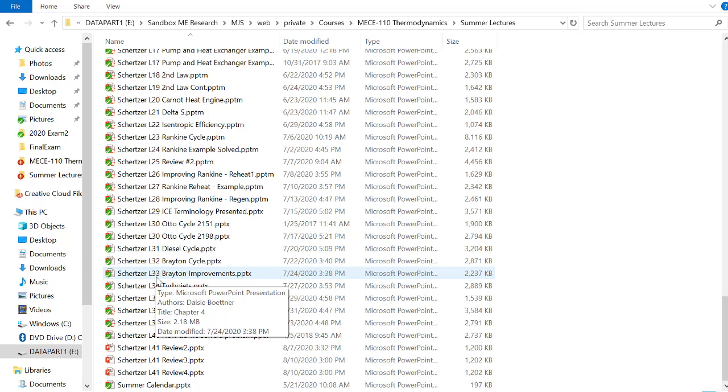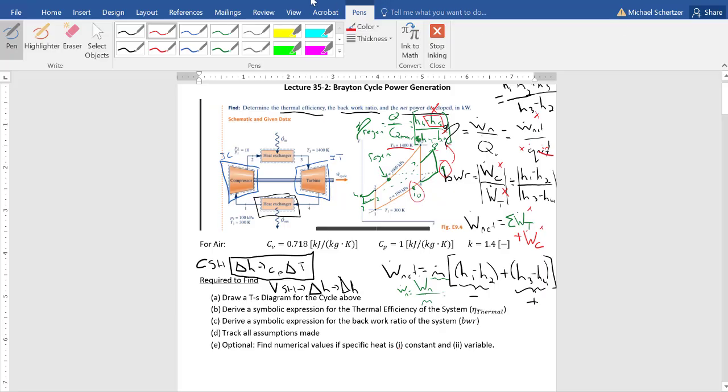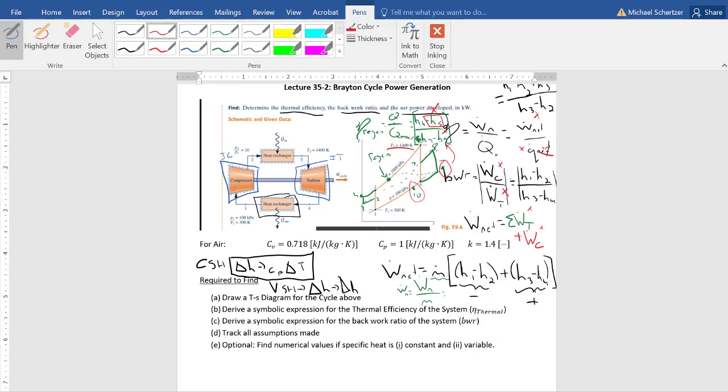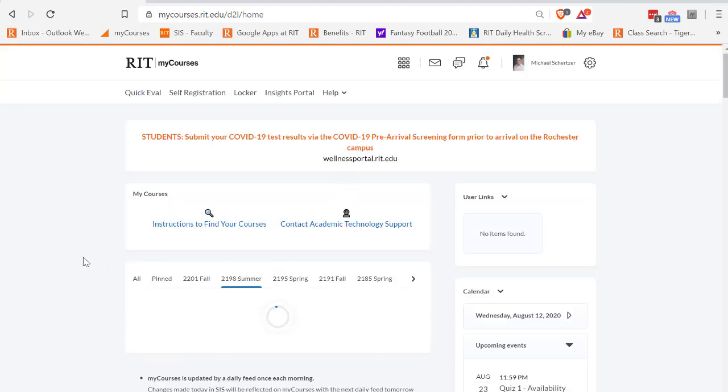It's also if you go into the My Courses site and you check here, maybe I can bring up the My Courses site over here. Let me log in here. Got a two-factor identification. So if we go into the My Courses site,